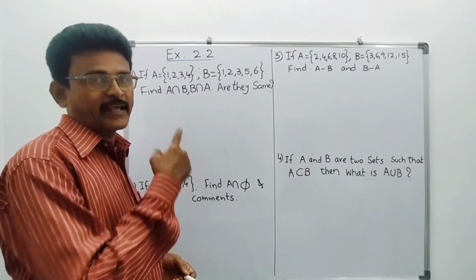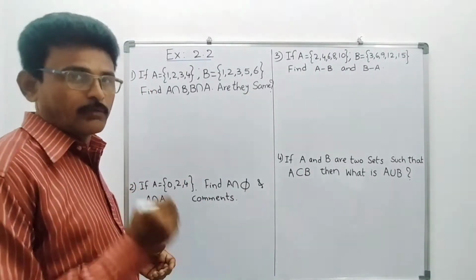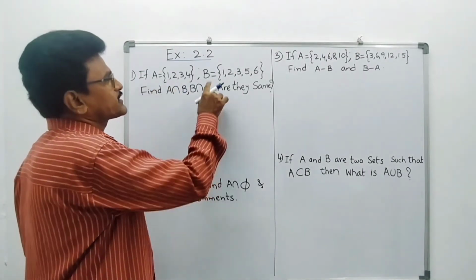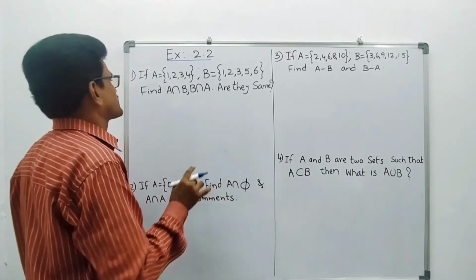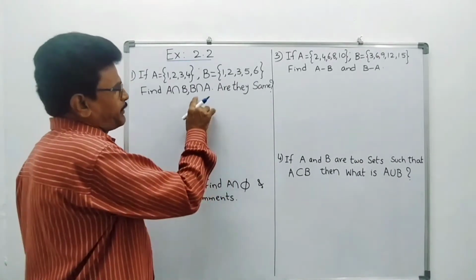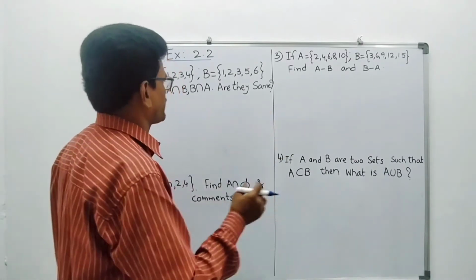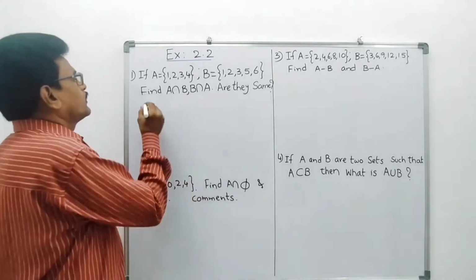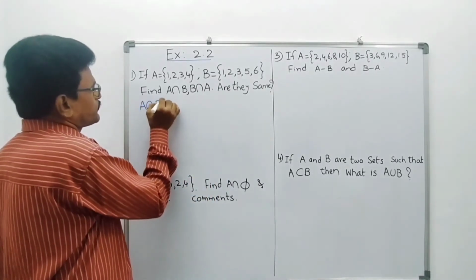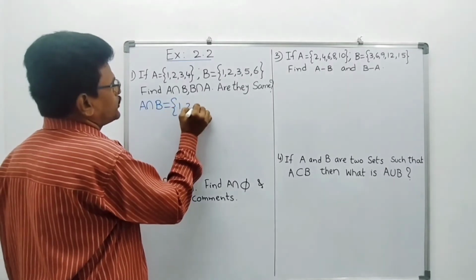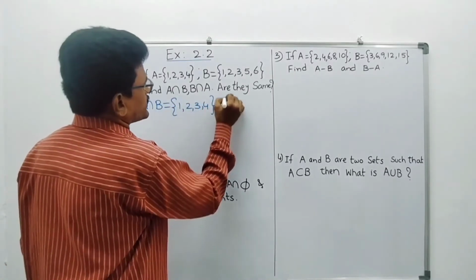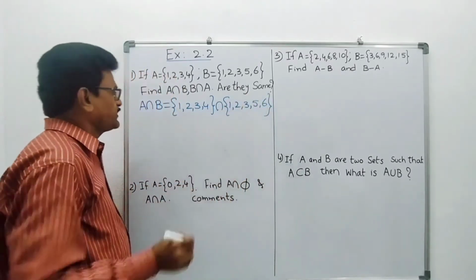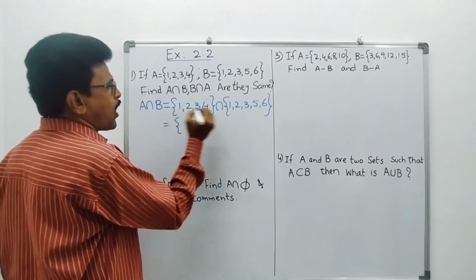Students, I am starting the exercise problems. I will do them very fast, try to follow the problems. If A has elements 1, 2, 3, 4 and set B has 1, 2, 3, 5, 6, find A intersection B and B intersection A. Are they the same? We will check. Actually, A intersection B equals B intersection A. That we already know completely. What is A intersection B? Write down the elements of A: 1, 2, 3, 4. Intersection. Now elements of B: 1, 2, 3, 5, 6. Right? What are the common elements here? 1, yes, it is there.